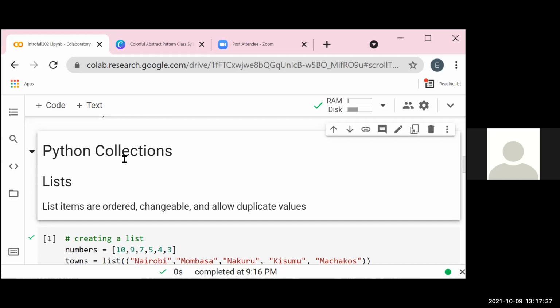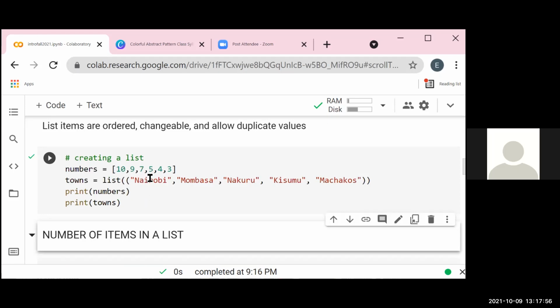As we mentioned earlier, lists are changeable, they allow duplicate values, and they are ordered. And we'll now try to understand why this definition is very important when it comes to lists. So how do we create a list? You can either put values inside square brackets, or use the list function. And take note, it has two brackets, and then you write the items that you need to have in the list.